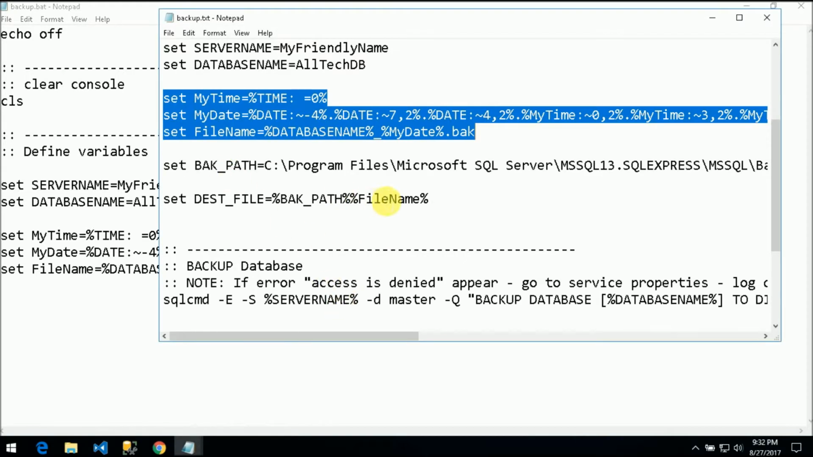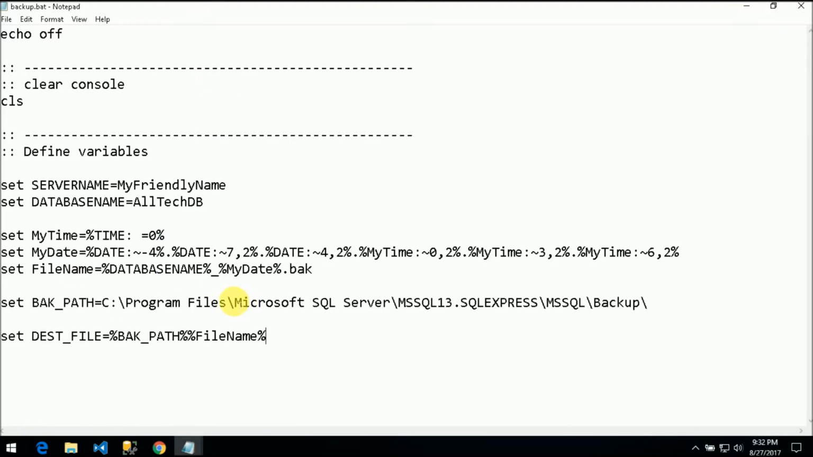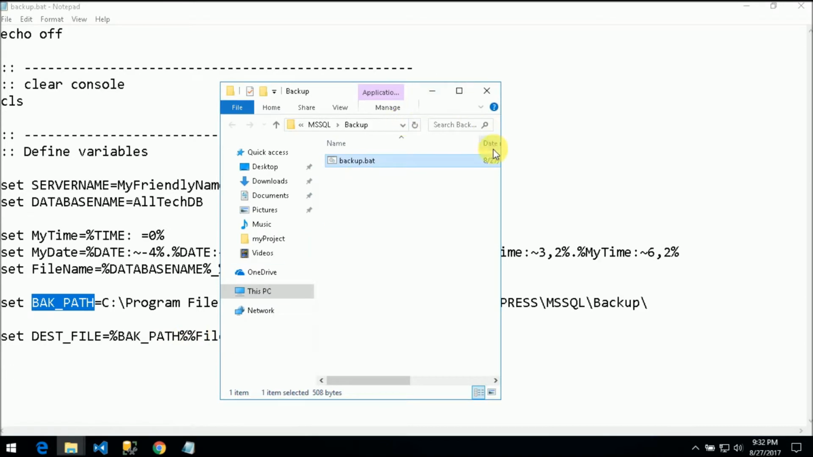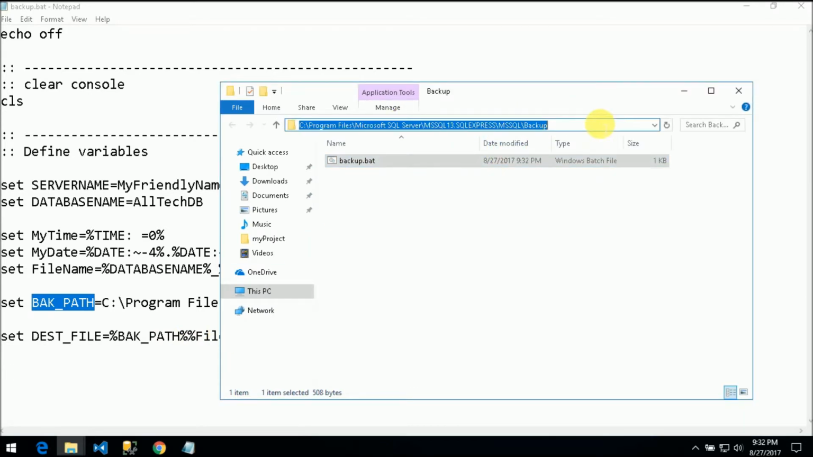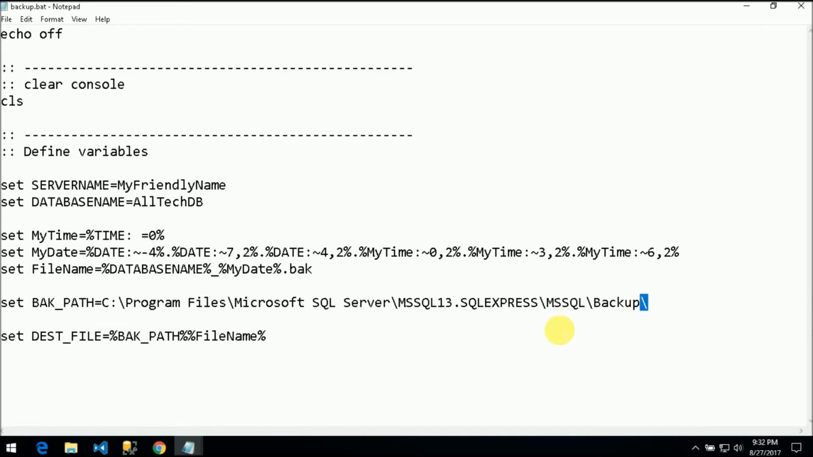Going to get another 2 variables. The backup path is actually this path. I get this path and insert it here. Don't forget this slash, it's important. And the final destination file is our backup path, this, plus file name, this file name. Okay,